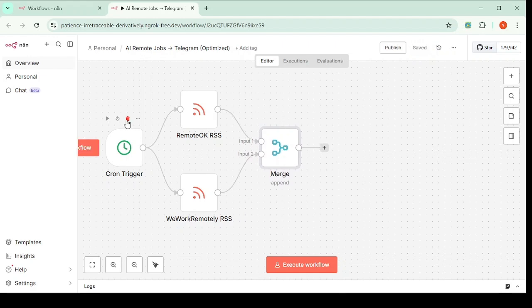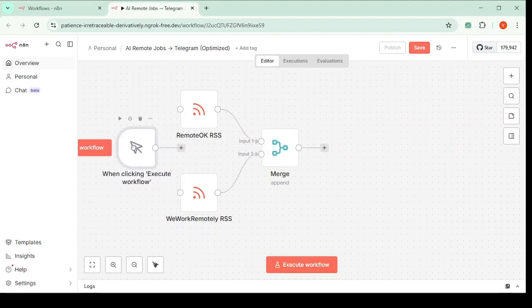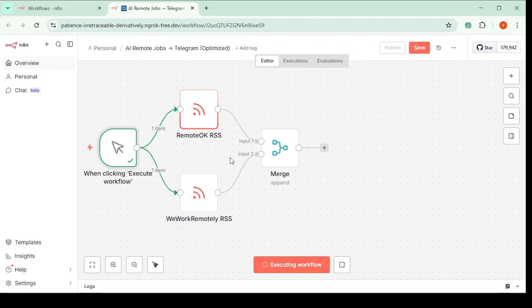I'm going to change this, let me make it trigger manually, right? Just for the sake of this testing, a cron job will be if you want to schedule the task, but we don't want to do that. We just want to trigger manually by clicking on this for now. All right. So what I need to do now is to click on the execute workflow. I just want to show you guys what happens when you click on the execute workflow and how it fetches from the remote. You can see it has fetched 96 items from here,